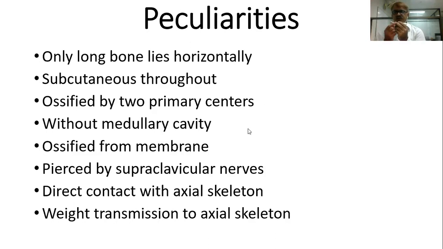Whenever we talk about ossification, this bone has peculiarities. One is it has two primary centers. Every long bone has one primary center. It has two primary centers, which appear in the fourth or fifth week. And it is the first bone to start ossification in the body. Whatever the first bone that starts ossification, it is the clavicle. So first bone to ossify, having two primary centers, appearing in the fourth or fifth week, and